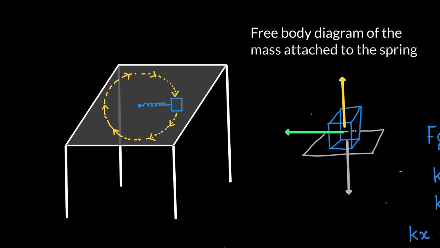The primary force would be the weight of the body acting downwards. The second force would be the normal reaction on this mass due to the surface. And what? Exactly, there would be one more force, which would be the centripetal force, F centripetal, which will be acting towards the center, right? So it will be acting towards this. Okay, now